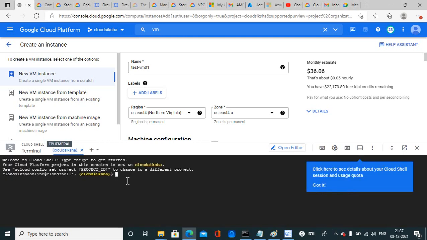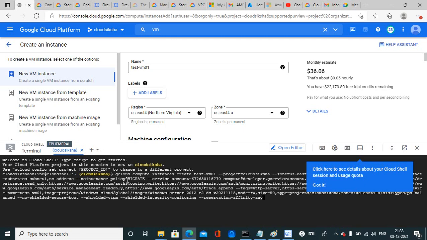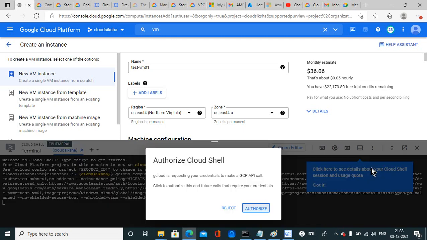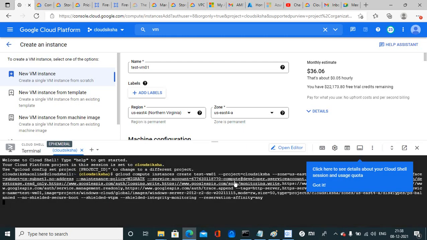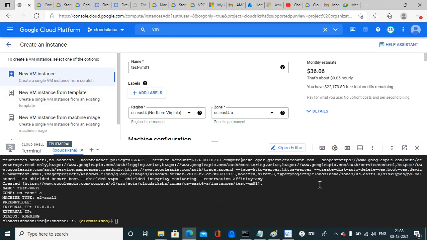Now paste the command and enter, authorize, and then now it's showing your machine has been created, and the IP is 10.0.0.3.